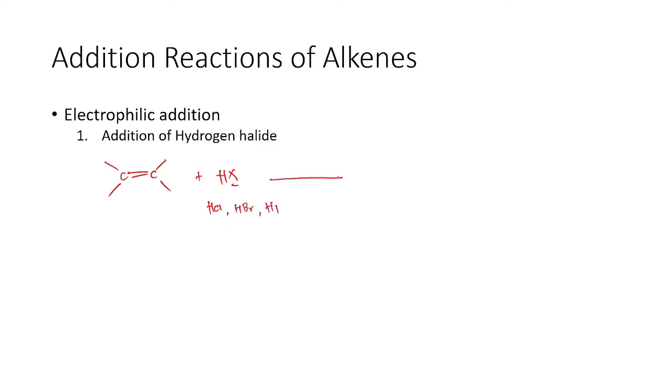So, in which we will have this product wherein we will be breaking the pi bond between those two carbons, and we will have here our hydrogen and our halide. So from an alkene, if we added hydrogen halide, we will form a product which is an alkyl halide, which is another functional